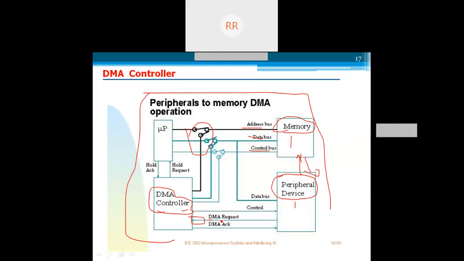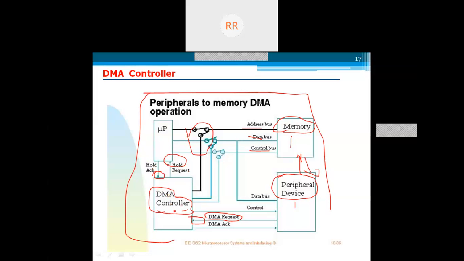After receiving the request, the DMA controller sends a hold request to the microprocessor to make use of these buses. After the microprocessor has freed these three buses, it sends the hold acknowledgement signal to the DMA controller.